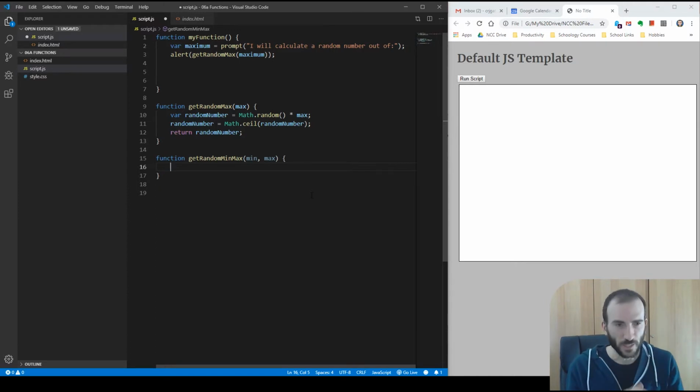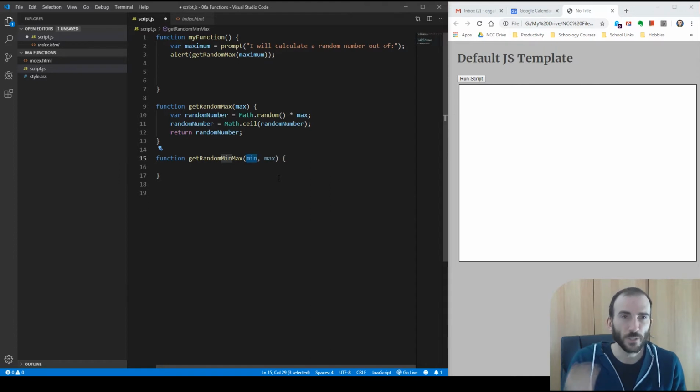So I'll keep going with the example of a computer game, and you might have an enemy who needs to be able to do a certain amount of damage when it bites you or something. And you might want to say, well, I want it to do at least 10 damage, so I want to set a minimum, but I never want it to do more than 25 damage. And so you want to give it a maximum, and then it can be a random amount between that. I'm not going to explain all the code here, the maths here. I'm just going to type it in and you can copy along,